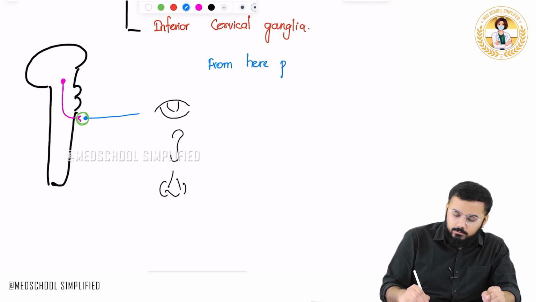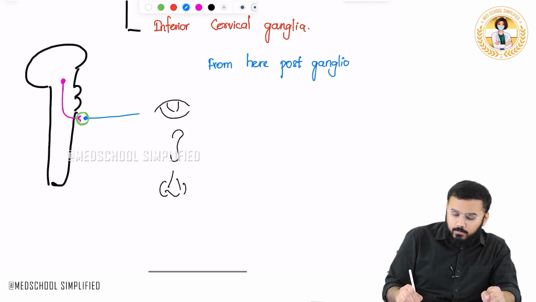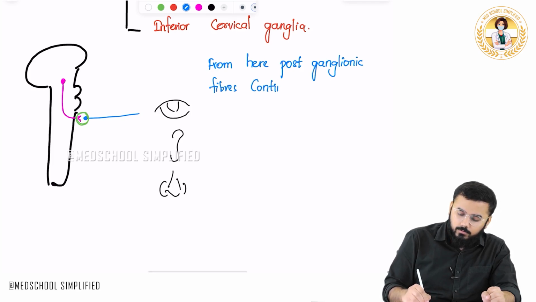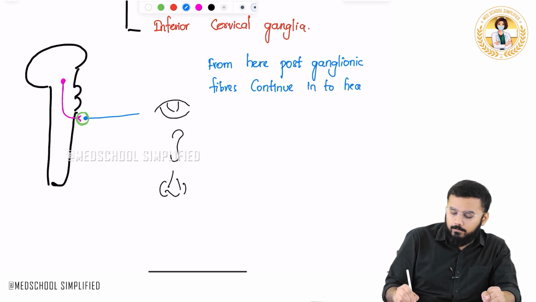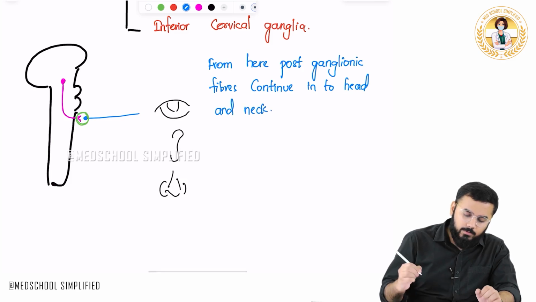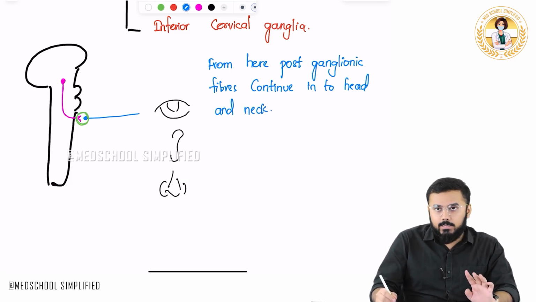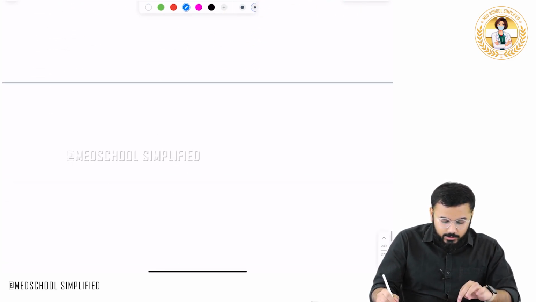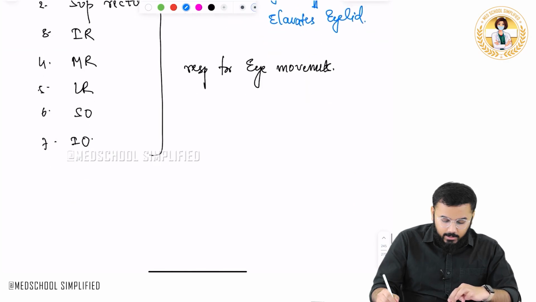Okay, so from here the postganglionic fibers continue into head and neck. Okay, now let us see what these ganglia are and where they are present. So the first important thing you need to know about these ganglia is,